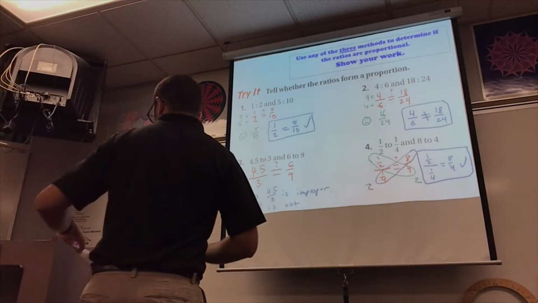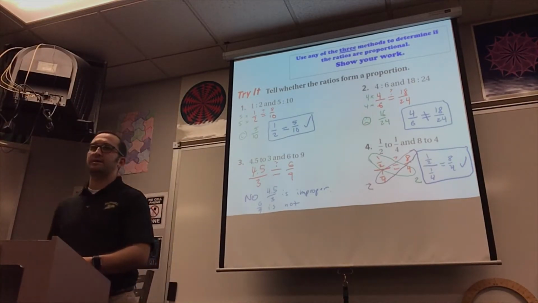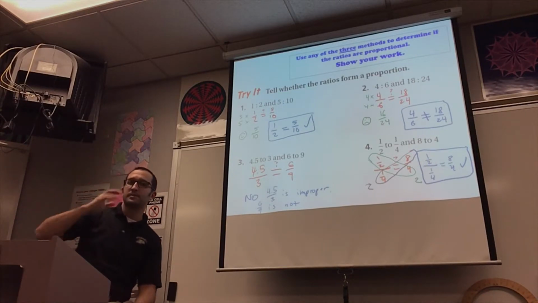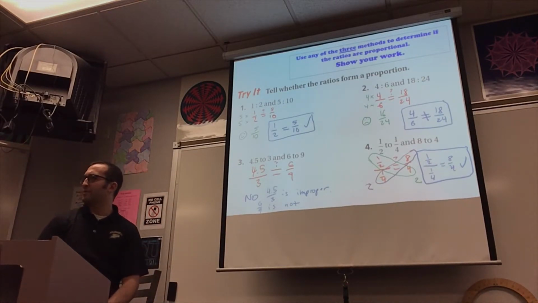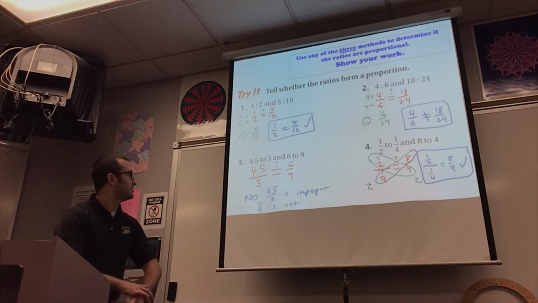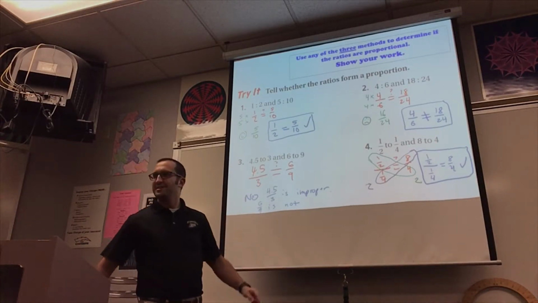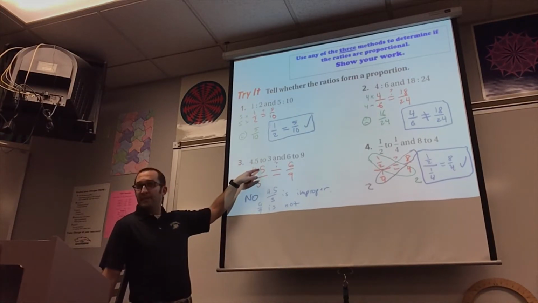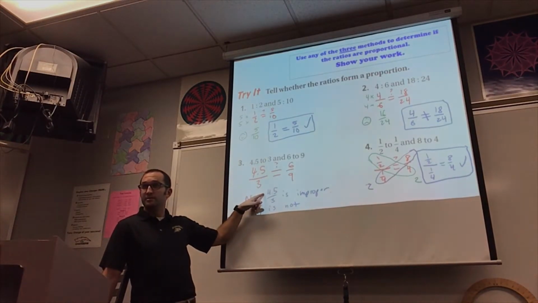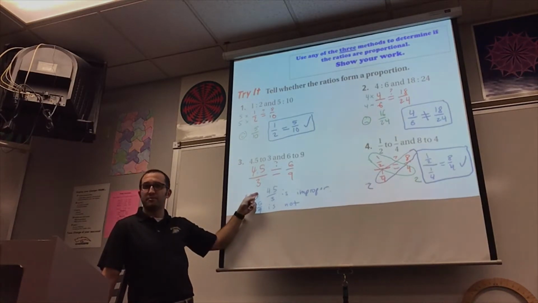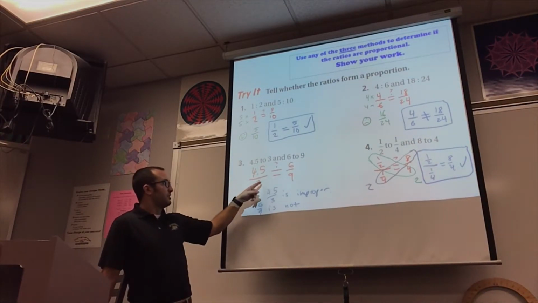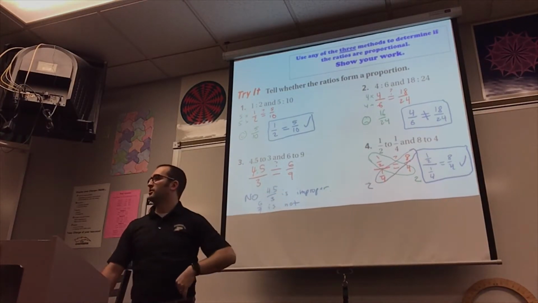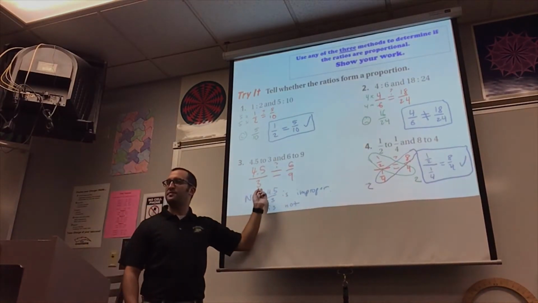There's my last 2. So why do you think I didn't do any math work on number 3? Because 4.5 is proper and 6/9 is not. Yeah, so can they be proportional? This is big over little. You with me on this? 4.5 is bigger than 3. Big over little. Can that be equal to little over big? It's not possible. No matter what, even if I scaled this up,